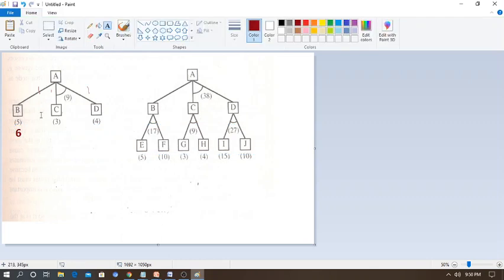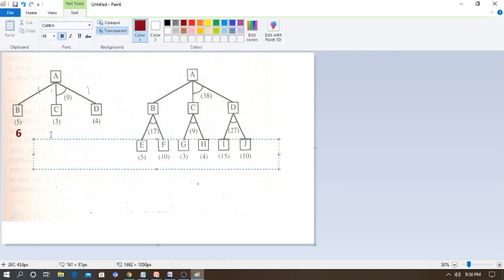But we are going to see the promising node as per the AO star algorithm in the view of artificial intelligence. We can't consider only this one; we have to consider both of these. Here the heuristic value is 3, so 3 plus 1 is 4. Then 4 plus the default cost of 1 is equal to 9. That is how it comes.